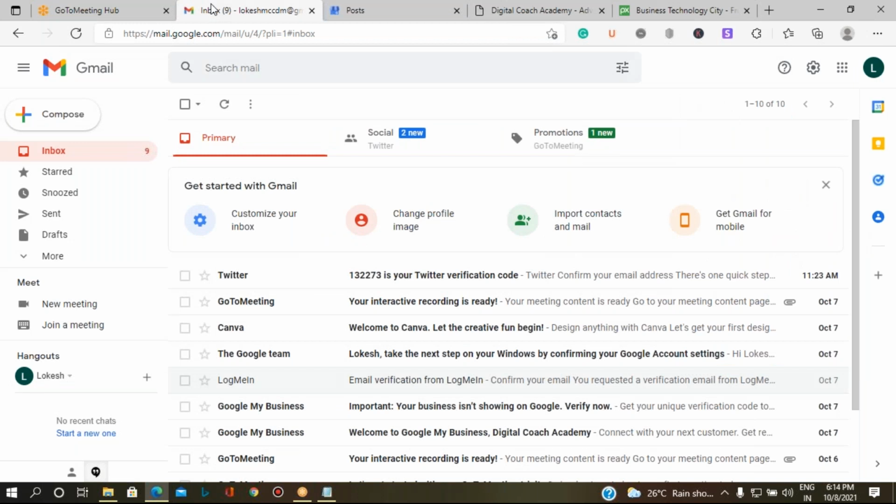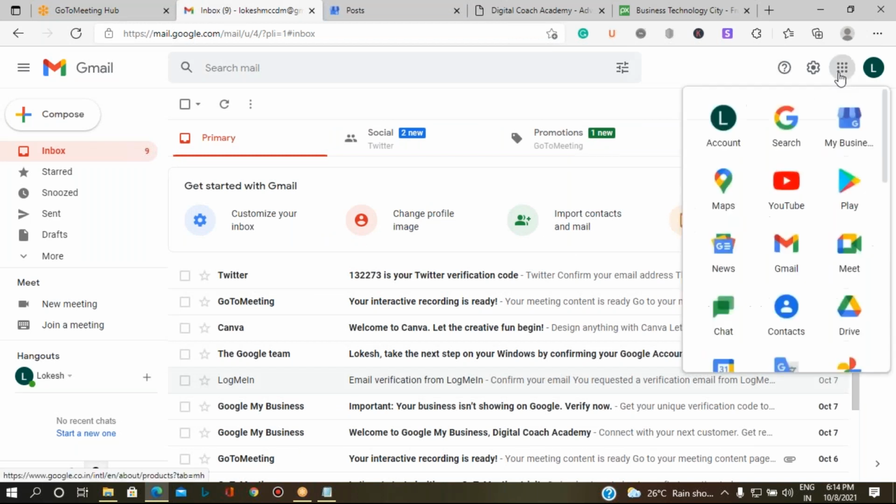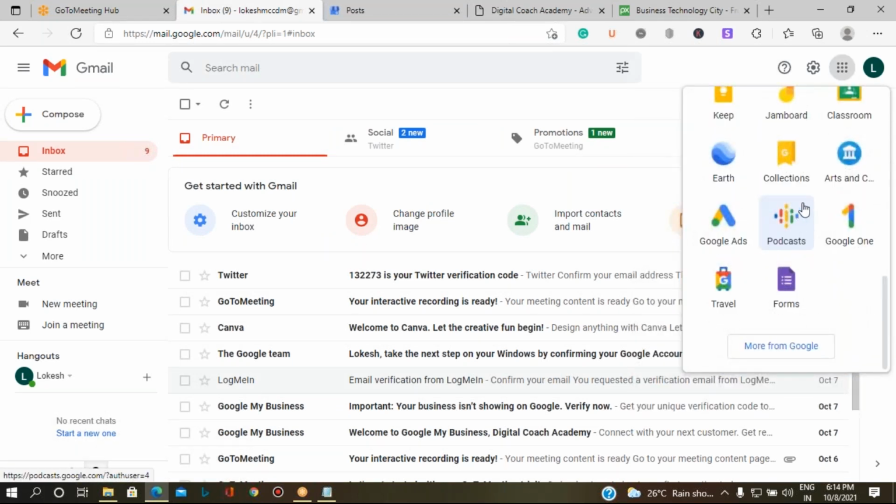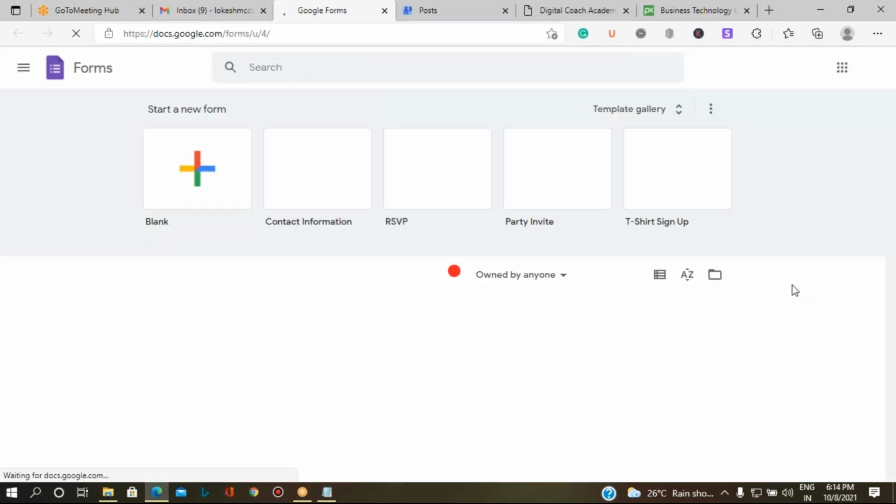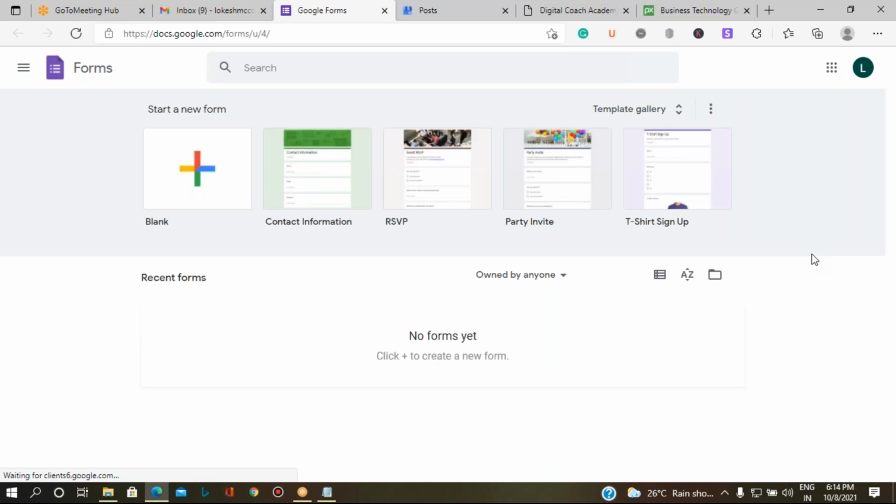Let me go to the Gmail account, go to this menu, and scroll down to the end of the screen. You have an option called Forms. You can go here to Forms. If you have already created any kind of Google Form, then you can use that.